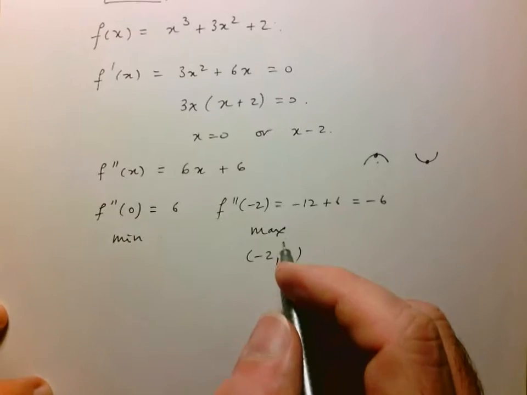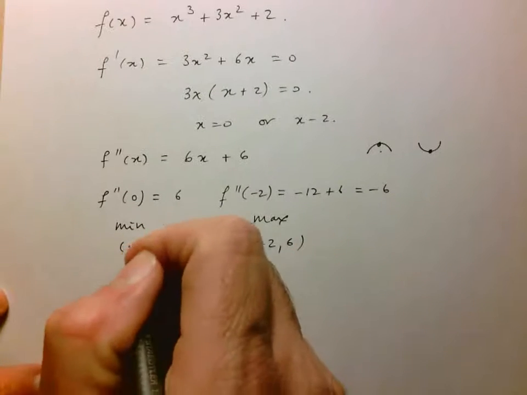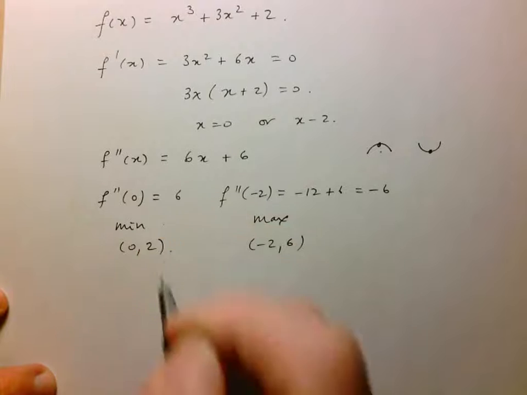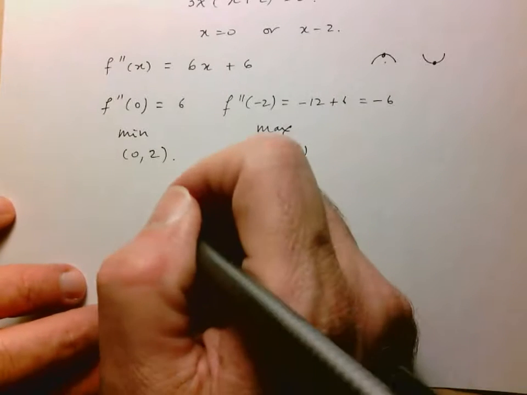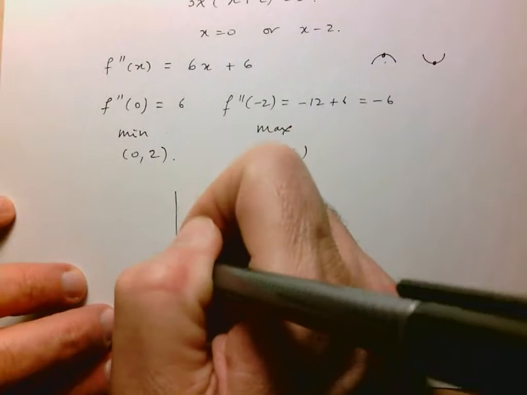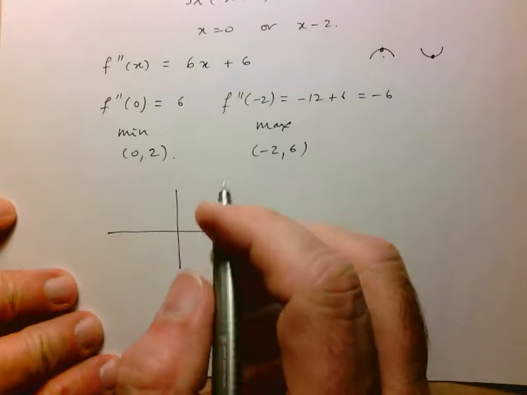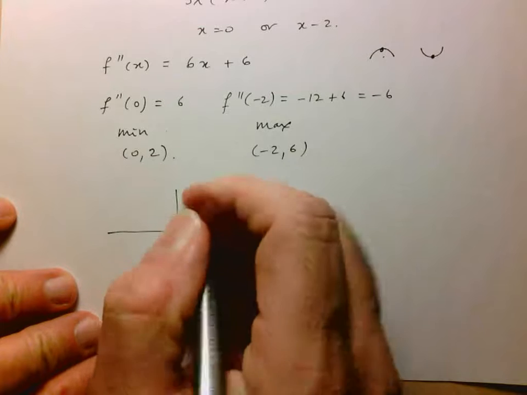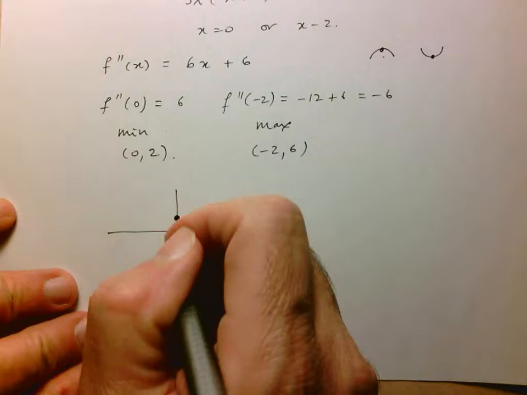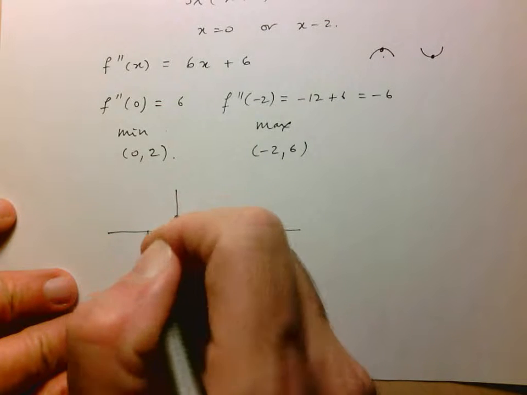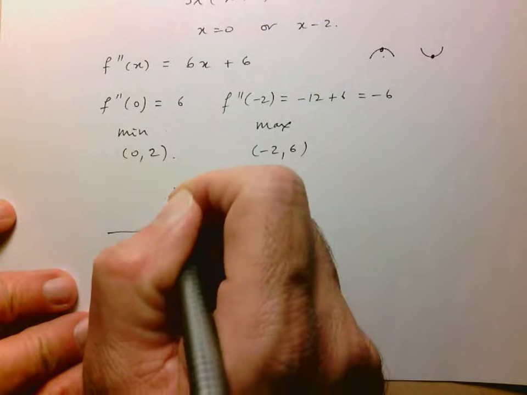And here let's calculate f at 0. So f at 0 is just equal to 2. So that means at 0, 2, we have a minimum. Okay, so since all they want us to use is these two things to sketch the graph of the function, I'm not going to worry about finding the zeros. So I know that at 0, 2, we have a min, and at negative 2, 6, so 1, 2, 3, 4, 5, 6,